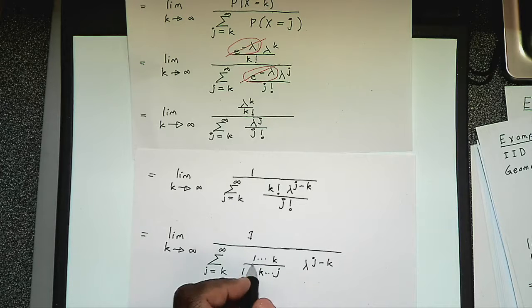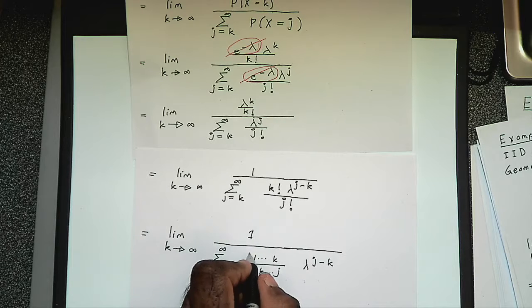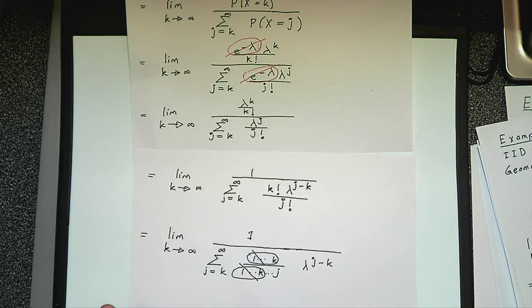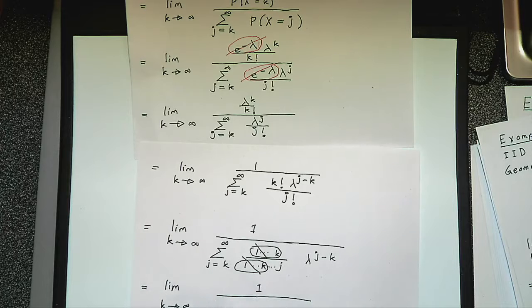Remember, j factorial is the product of all the numbers from 1 to j, and j is greater than or equal to k, right? So what will happen is all these numbers will cancel out with all these numbers, right? And so you will get this to be equal to something like